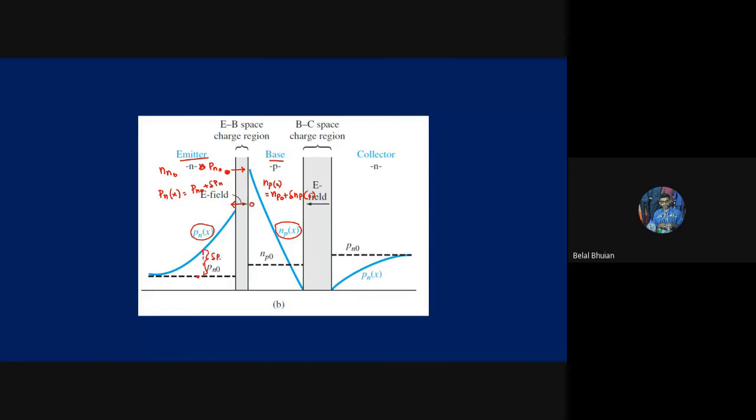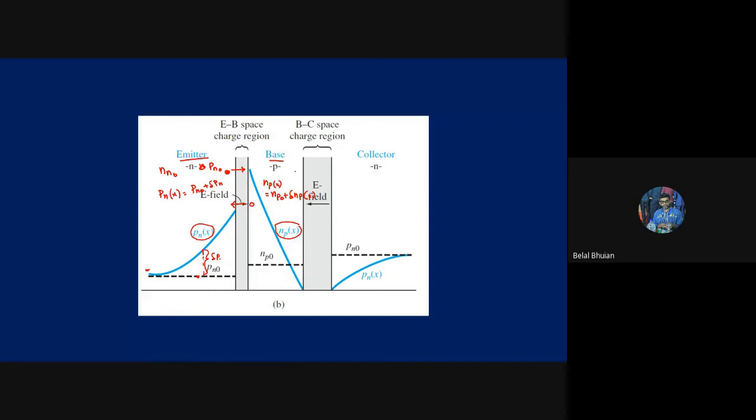And again, the hole will experience diffusion because the concentration is high here and low on that side. Also recombination, because as the hole is traveling through the neutral N side, it is going to encounter majority carrier and they are going to recombine. So this is what the profile looks like. Both emitter-base junction sides are forward biased. So that's how the profile looks.